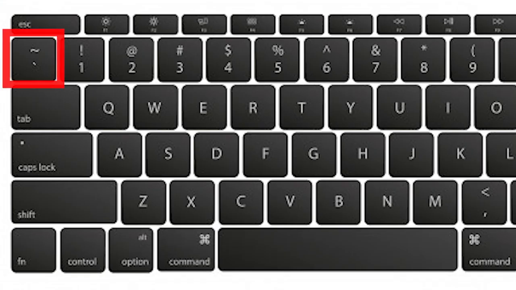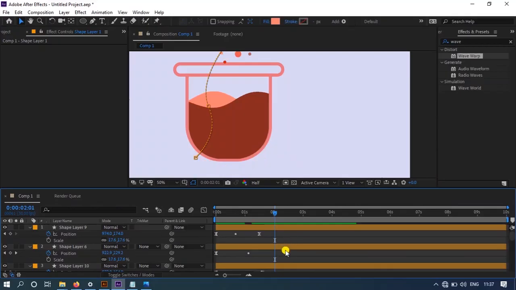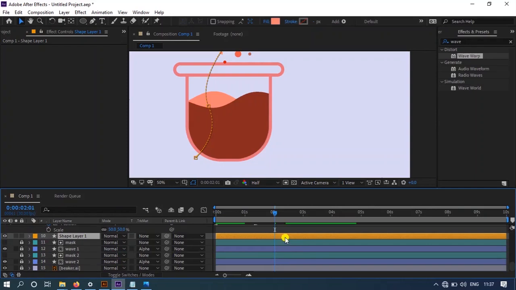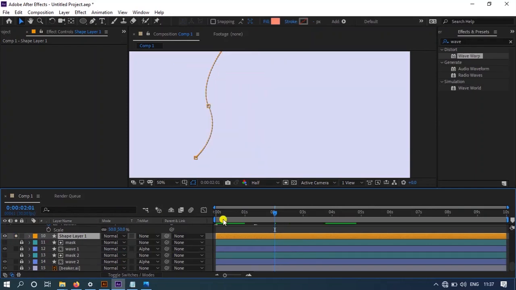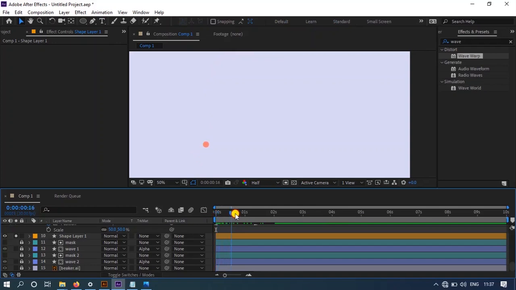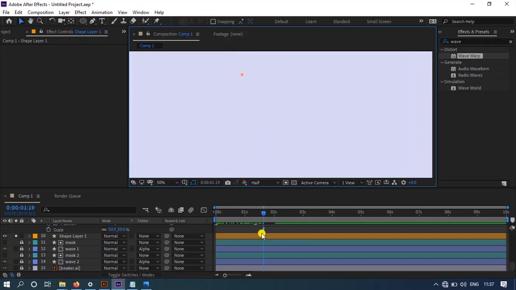Yeah. Now press this key, you can see the timeline and yeah, here this one, click on this icon so you can see the scale animation. You can see.